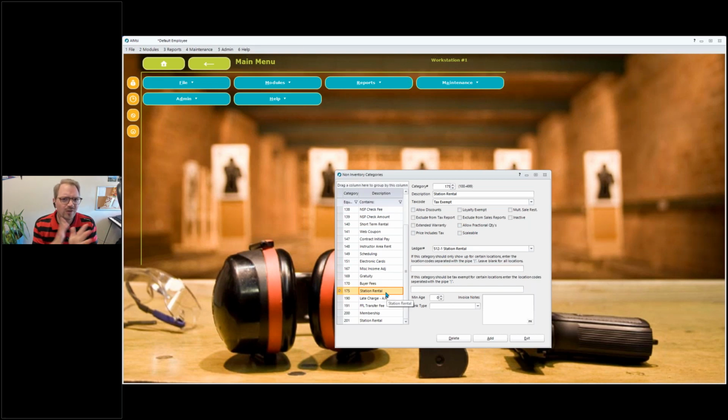Now, you don't necessarily need subcategories for the station rental, but if you did want to be able to, say, secure out membership access so that you're not just letting anyone make use of the quote unquote free membership time or maybe reduced rate membership time, in those instances, you may want to set up